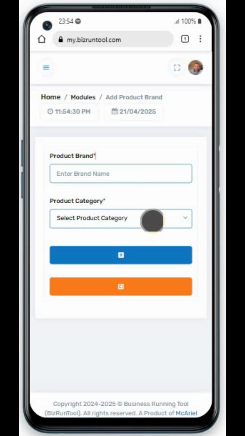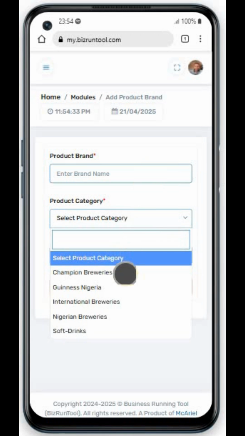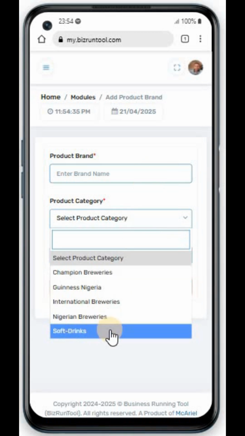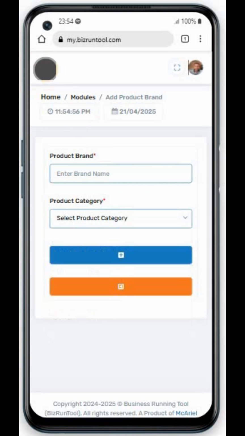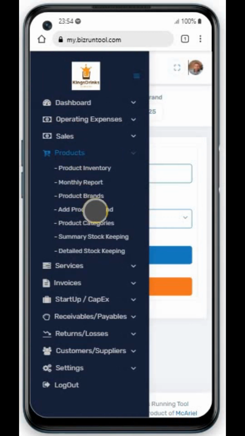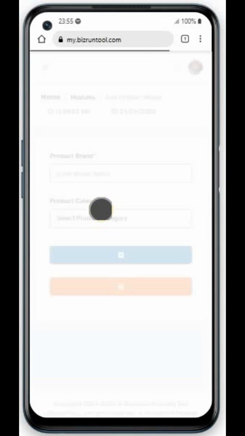But for example, assuming you want to enter Coca-Cola, you select, like here you talk about soft drink. My staff here made a mistake. He would have entered Coca-Cola, so that we know that whatever other brands you enter here, for example, Coke, it's a brand under Coca-Cola, Fanta. Now there are tons of them, so that's what you actually enter here under the brand, such that when you now want to add your sales, right? For example,